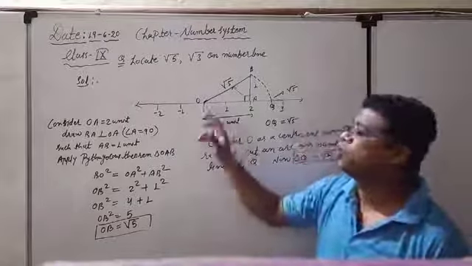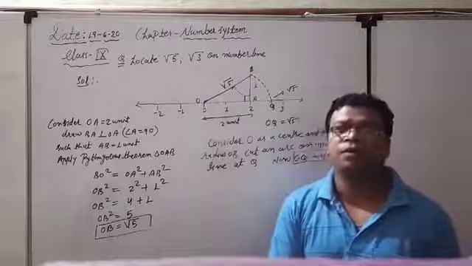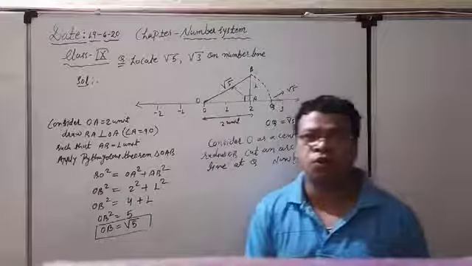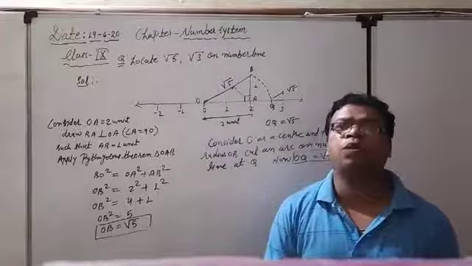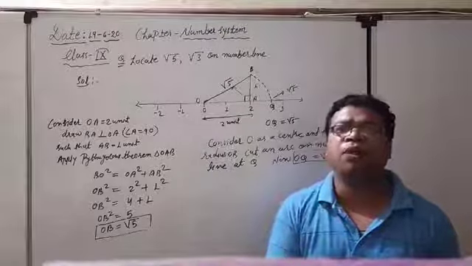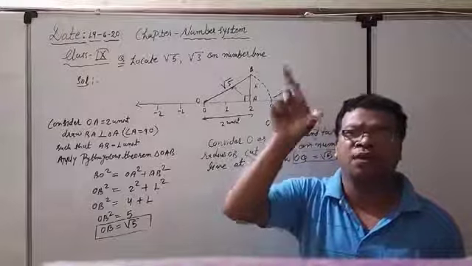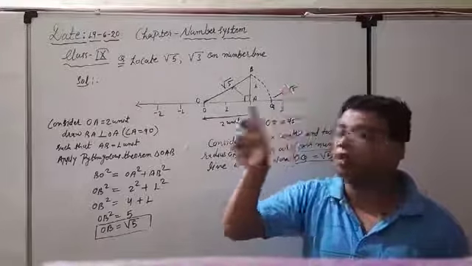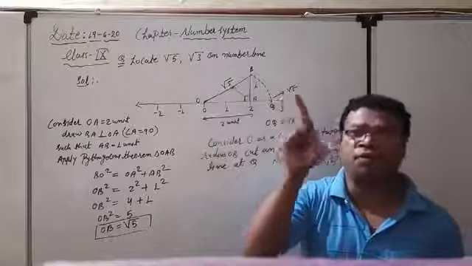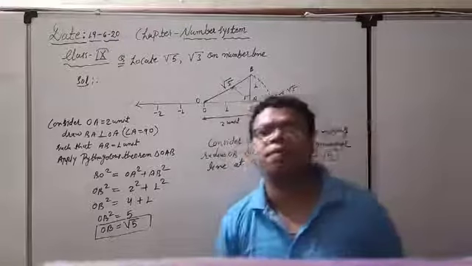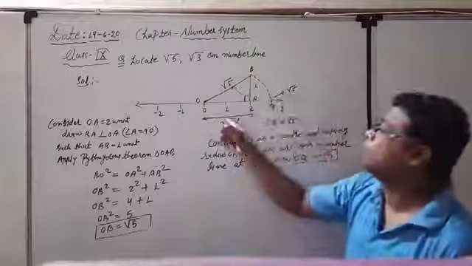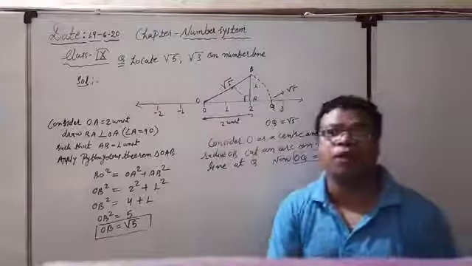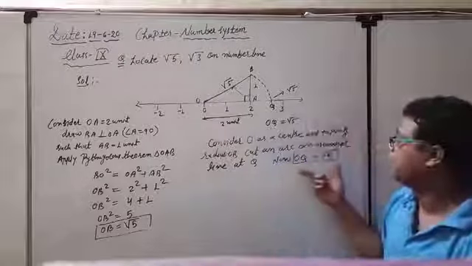Once we have got the root 5 unit, whatever the center position, that is the O, wherever the 0 is located, that is our O point. That we have to consider as a center, and with the help of the compass, whatever the root 5 unit, we have to extend our compass equal to that root 5 unit, and after that we have to take one particular cut on the number line, and that will represent the length OQ, equal to root 5 unit on the number line.